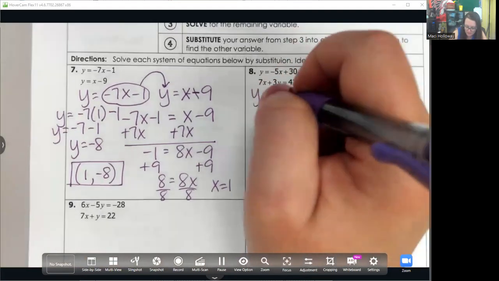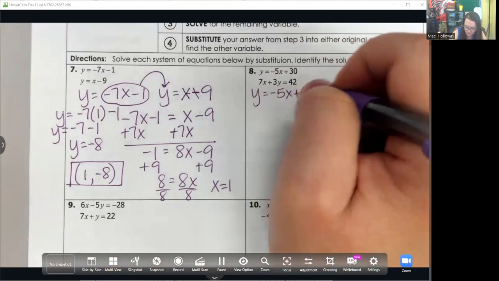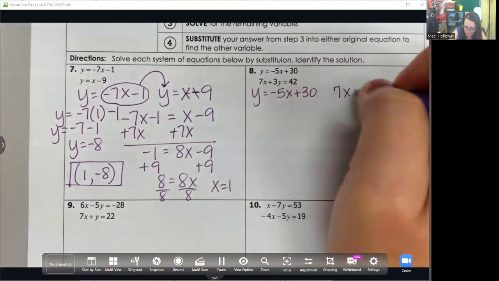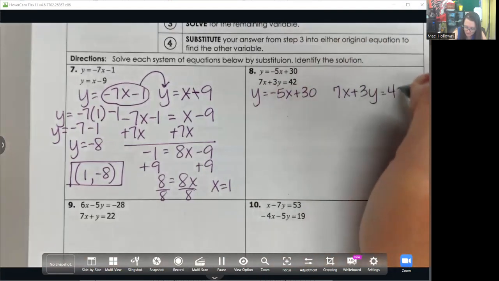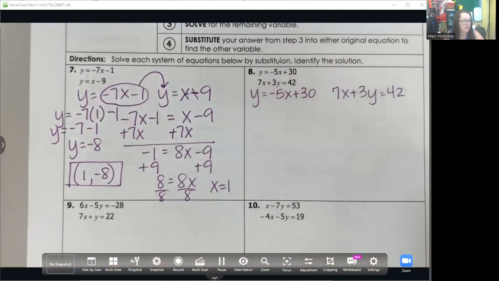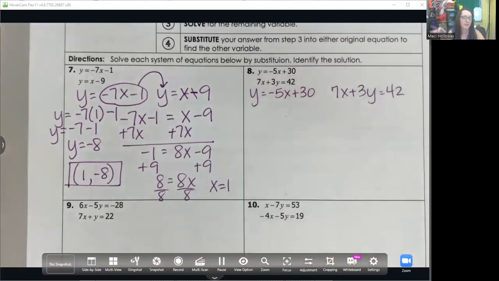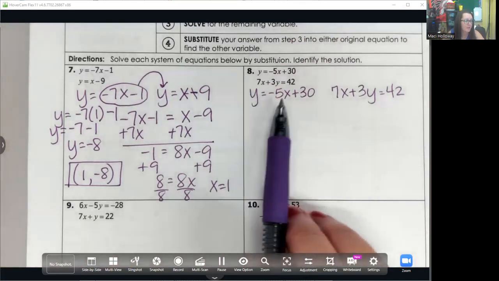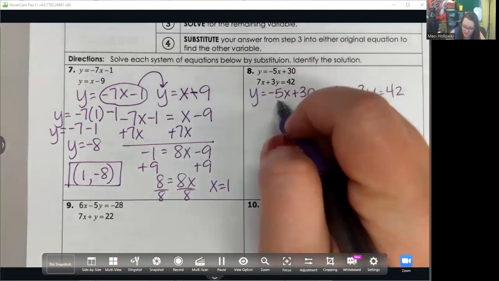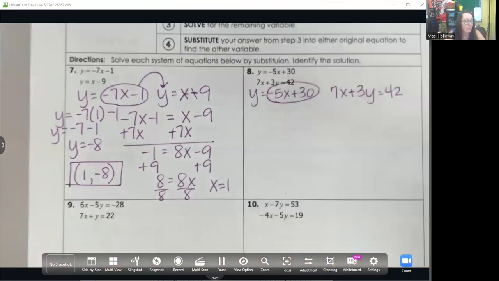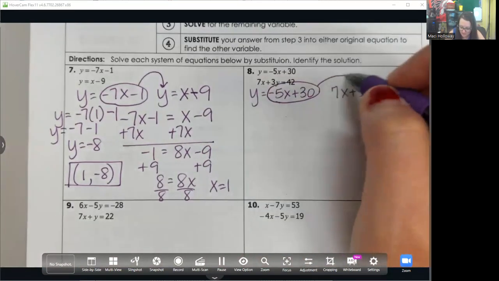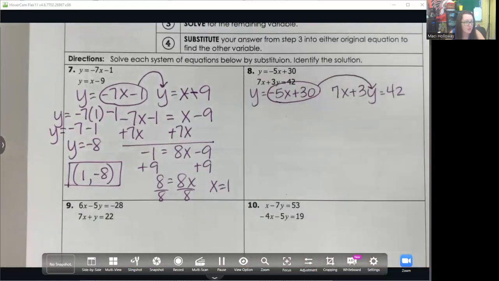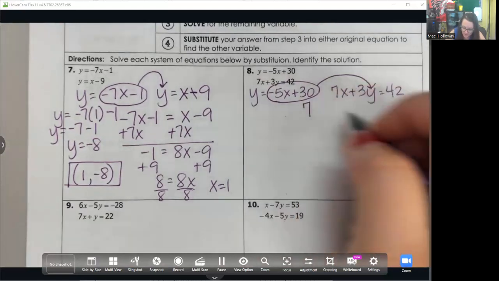I have y equals negative 5x plus 30 and 7x plus 3y equals 42. So my first step is to isolate a variable, to get one variable on one side and everything else on the other. Looks like we have solved for y. Y is on this side, everything else is on this side. So that's good. I'm going to take what y equals and plug it into the y in the other equation. So instead of y, I'm going to write